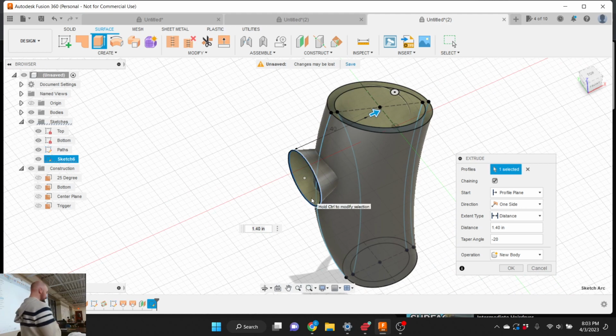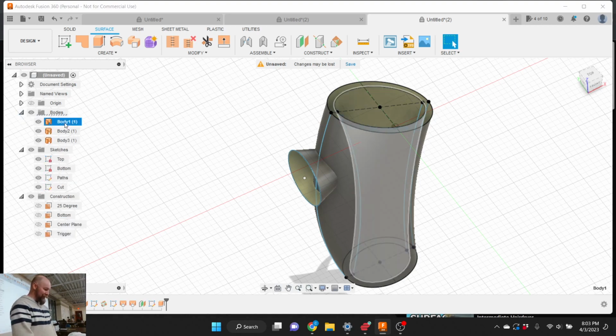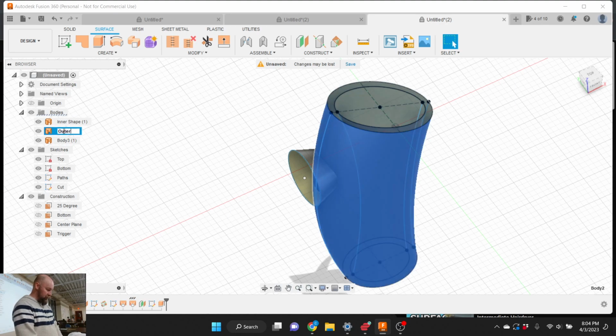All right, and then I'm gonna make it a new body, and I'm gonna say OK. Now, believe it or not, we've got all of the parts that we need to make our three-dimensional shape. I'm gonna name that my cut plane. And my bodies here, let's go ahead and make sure I've got good names for my bodies, because this will become really important in just a minute. So I've got an inner shape, I've got an outer shape, and I've got a